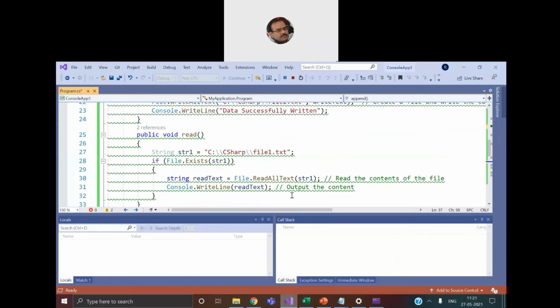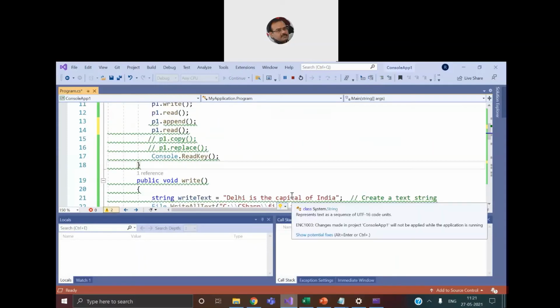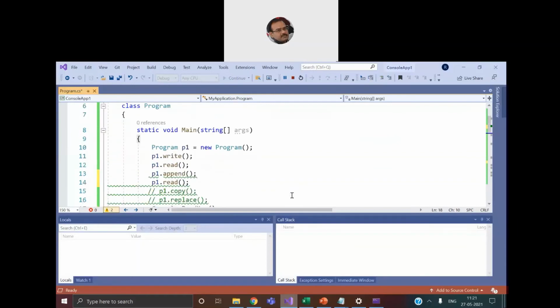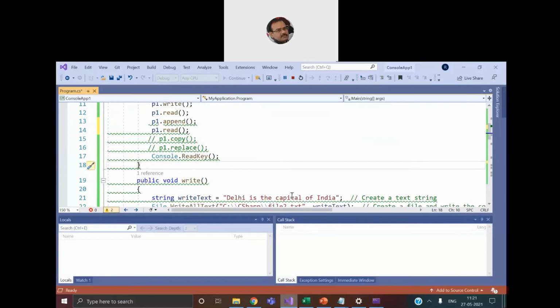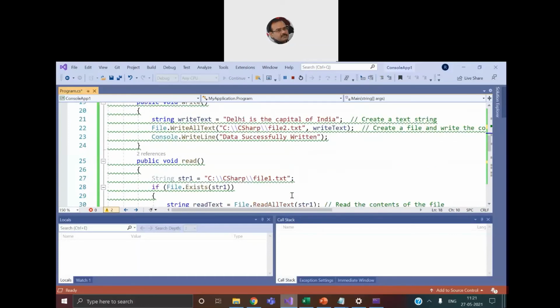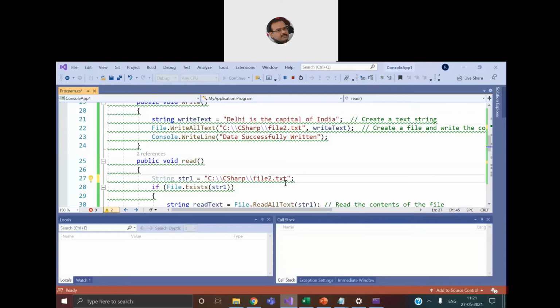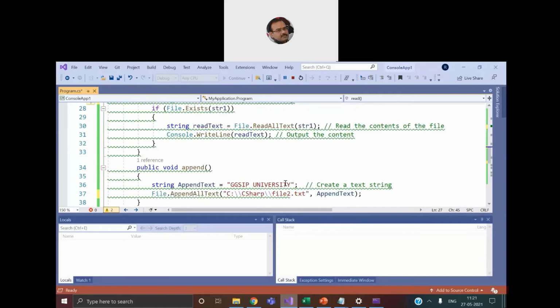Okay, we have just file1 only, because right at the top, everything is fine. Delhi is the capital of India. That's fine. Read function. Here now we have a problem: it will also read from file2, so that consistency is there. And then we append into file2.txt.